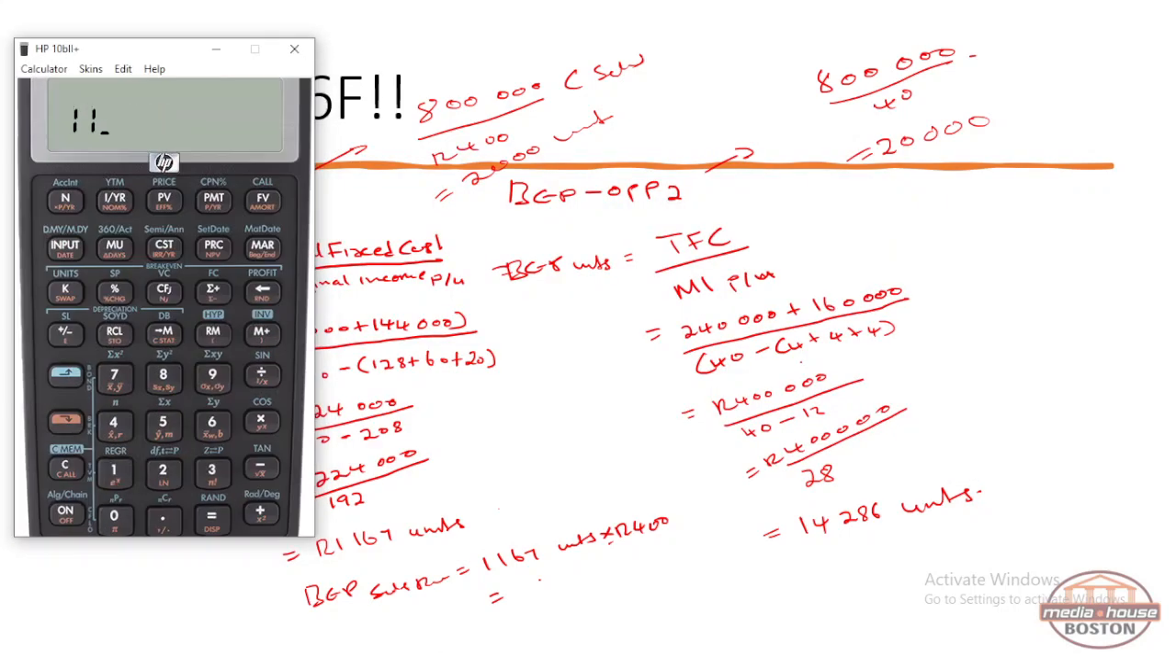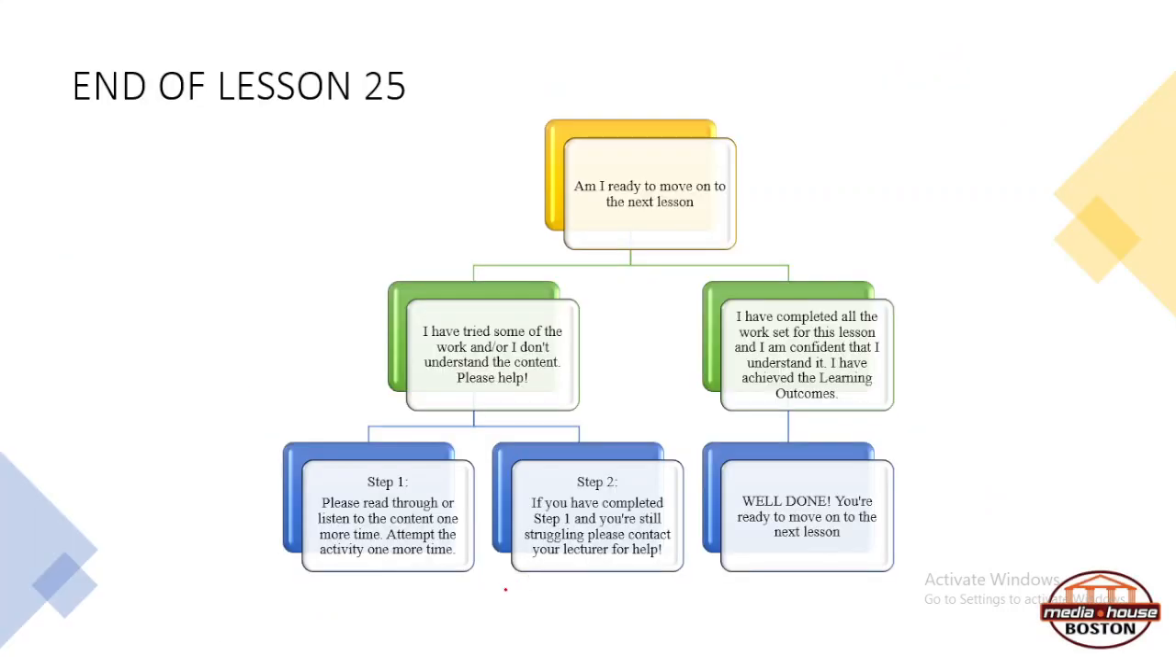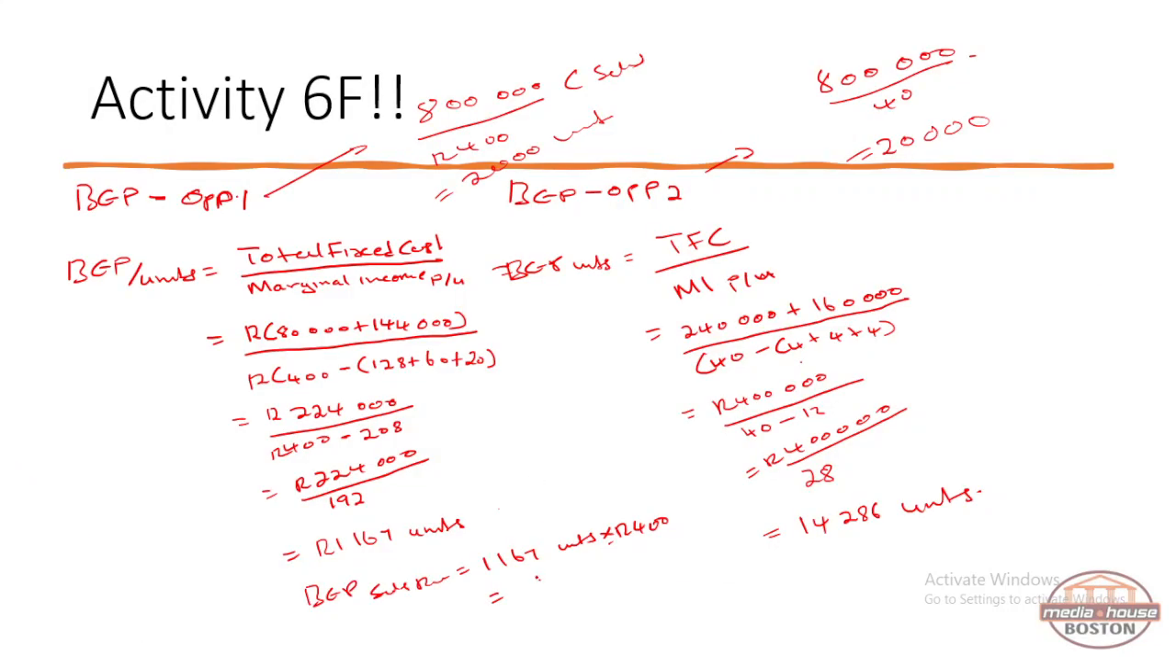So that will be 1,167 multiplied by 400. So therefore our total is going to be 466,800. So this is how much we need to sell, and this is how much revenue we need to generate for